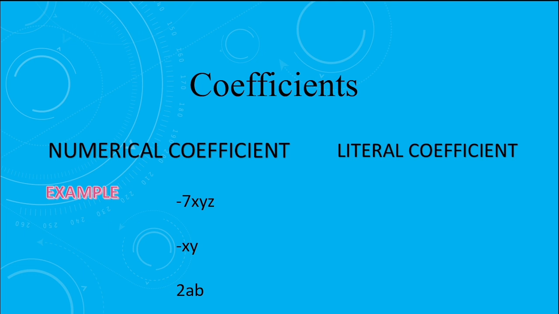One is numerical coefficient, another is literal coefficient. Then what is numerical coefficient? Numerical coefficient is the numerical value. So tell me, what is the numerical coefficient of x? It is only the numerical value, that is minus 7. So tell me the literal coefficient of x. The literal coefficient means minus 7yz. Okay, this is called the literal coefficient, or simply you can say the coefficient of x. So here, tell me the numerical coefficient of xy. Simply that is minus 1, because there is no number, so we write 1. Here there is a minus, that's why you write minus. So the literal coefficient of x is minus y.